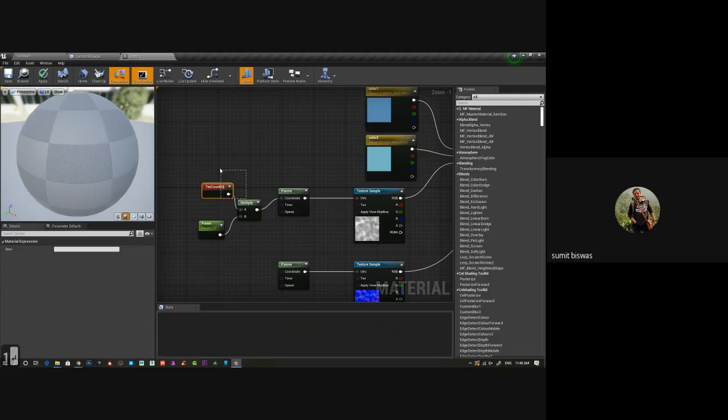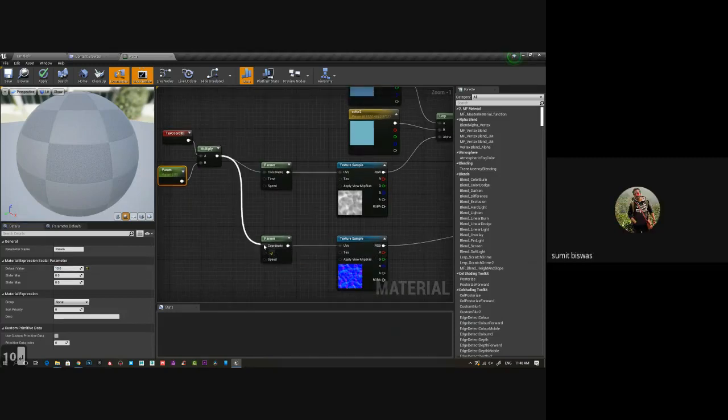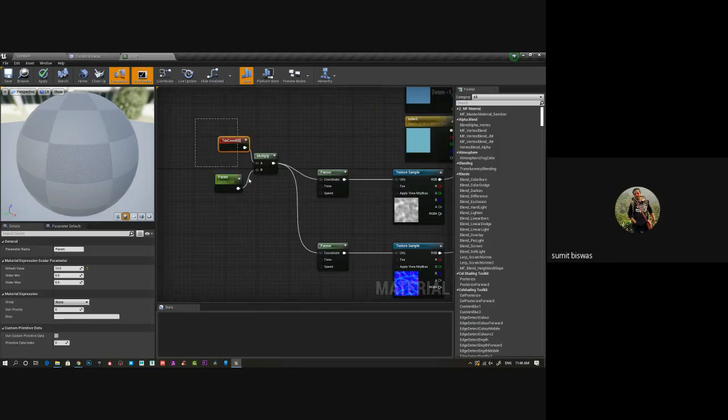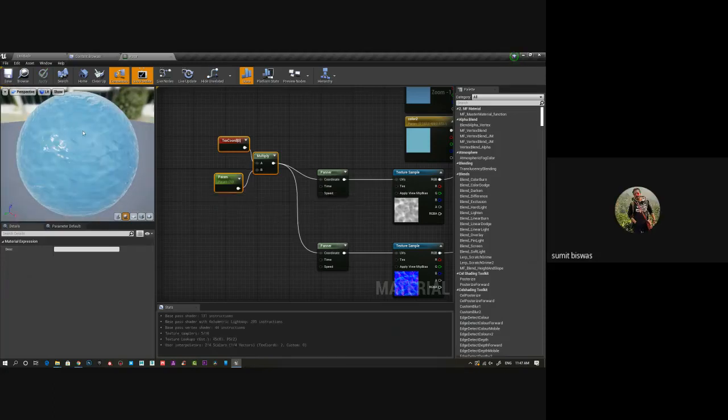So now you can simply increase the multiplier, maybe 10. And same thing I can do with this normal also. Or I can just duplicate and create one separate setting for that.